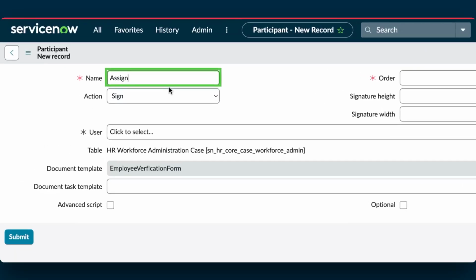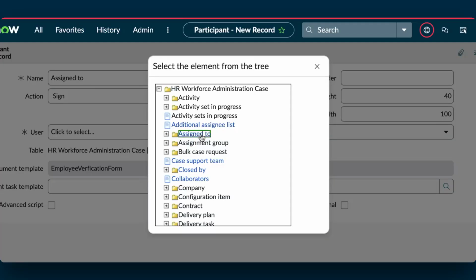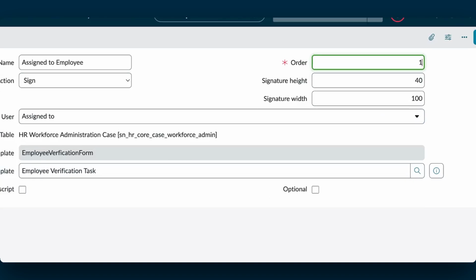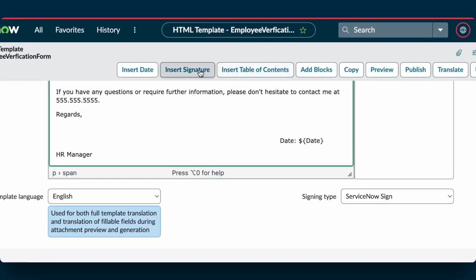Enter the participant's name into the Name field. Map the participant to the User field. Enter a value in the Order field. This value establishes the order in which tasks are commenced for participants. Click Submit. In the HTML template's body field, click at the location where you wish to collect the participant's signature